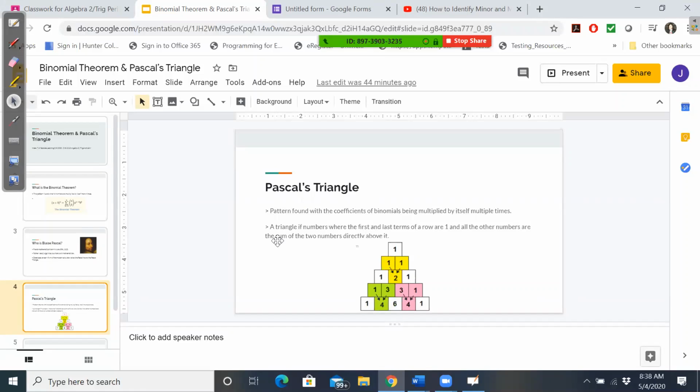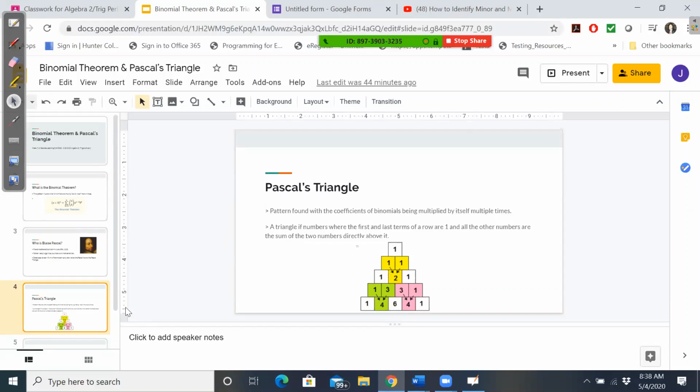And then over here, for my 4th row, I'm going to keep the ones at the end, but I'm adding the 2 numbers that are above it. So 1 plus 3, that gives you 4. 3 plus 3 gives you 6. 3 plus 1 gives you 4. So